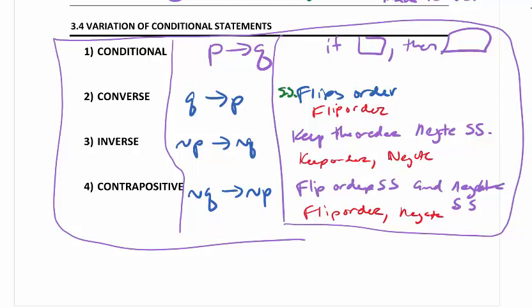Inverse, keep the order and negate. You're negating the simple statements. Contrapositive, you're flipping the order of your simple statements and you're negating them. Whenever I'm referring to these four words, these are all conditional. So when I refer to them in red over there on the right-hand side, I'm referring to them in their